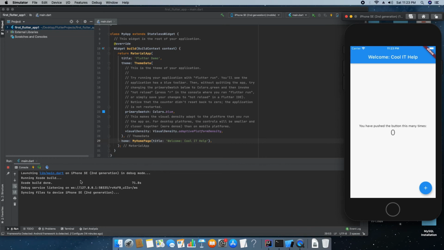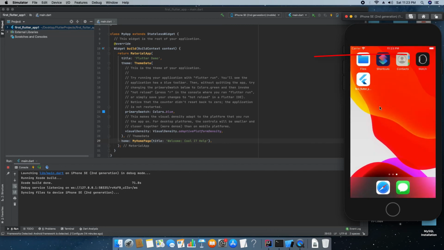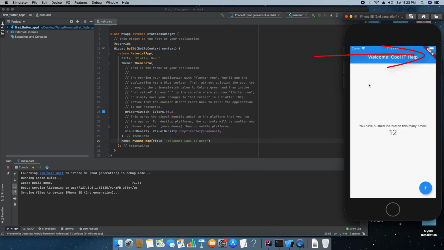Also there is a floating button, so we can interact with the application, and this is increasing the number by one. This is a Dart application running properly on the iOS simulator. Also you will get the responses in the console as well. On the right hand side you can see the brown strip with debug written on it. Your application is running in debug mode.